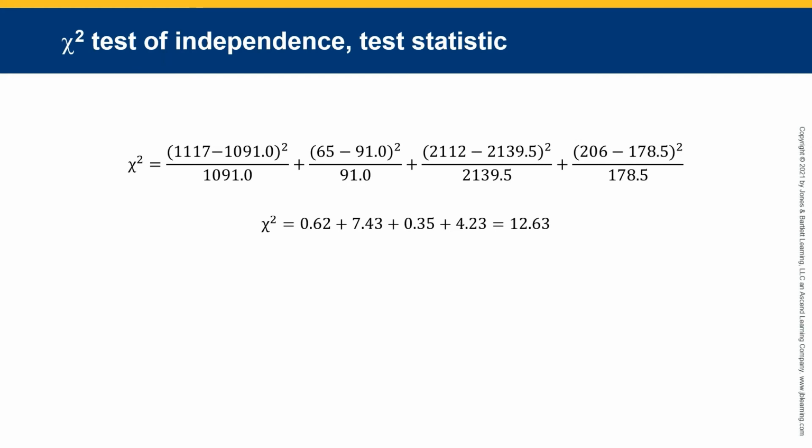So 12.63 is our test statistic. In other words, it's the summary of the data that summarizes essentially how close the sample is to what we would have expected if the null hypothesis were true. So now the question is, is that number, 12.63, evidence in support of the research hypothesis or not? So the next step is to